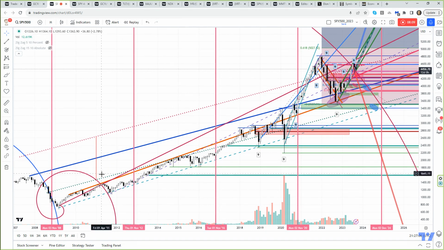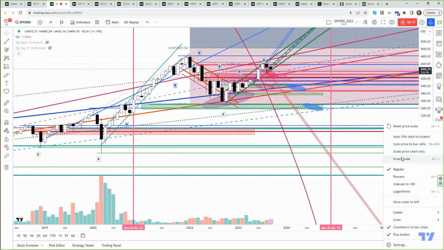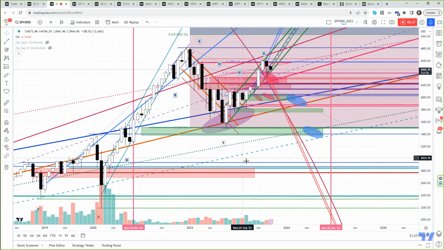Then I've created boundaries. And what I tried to do with these boundaries is look across this area, across the rejection points, and try to give us an outer boundary for this range. So we have a moderate support level here. We have a moderate resistance level here. Just so happens that it's crossed our resistance level way back over here. So all of these levels are now starting to have an important role in where we're at.